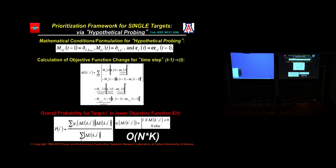We assume either a change in membership at time step t versus t minus 1, but we also may or may not make a change to the feature vector. So what I mean by that is as follows. We say, what if this object right here were to belong to a different cluster? So we put it membership-wise into that cluster, and we do a so-called hypothetical probing, which means we assign a new value to its feature vector, which is the centroid of the cluster it's going into before it was moved into that. And that assumes a remeasurement, which would be had if you have a ground agent investigating that rock. And so by doing this round robin, each object with respect to all clusters,